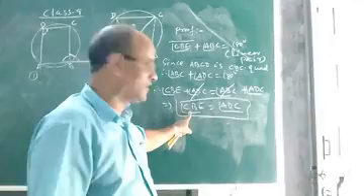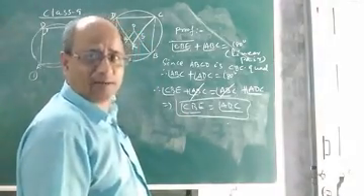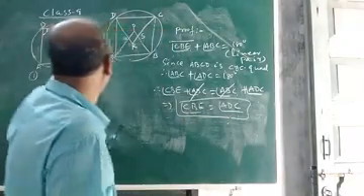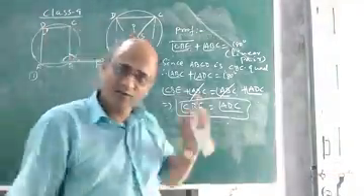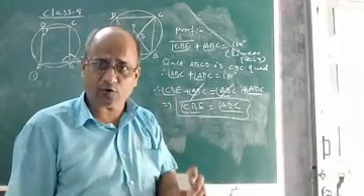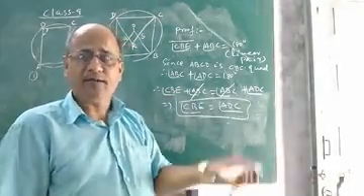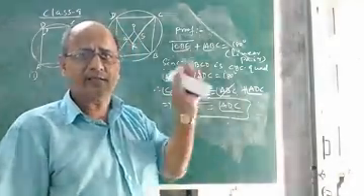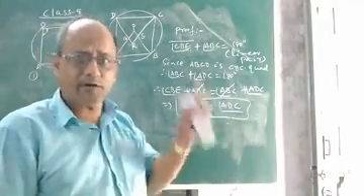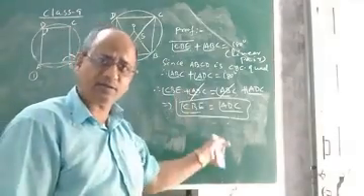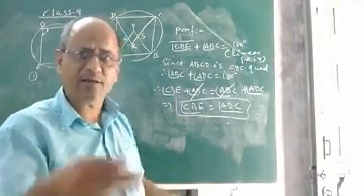This is the exterior angle of the cyclic quadrilateral ABCD, and this is the interior opposite angle ADC, and they are equal. So it is a truth, and you have to remember it and apply it in problems: in any cyclic quadrilateral, the exterior angle formed by producing one of the sides will always be equal to its interior opposite angle. Okay, now let us discuss.